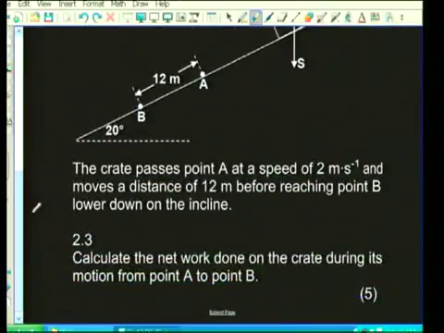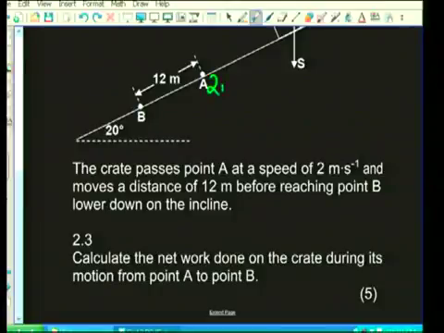Can't do any work. We will do work from 0 to 89.9999 degrees, at 90, no work. Start to do work again from 91. It has to be at some sort of angle, but not 90 degrees. Okay, brilliant. Next one. Now, the crate passes a point, so now the crate's moving at a speed of